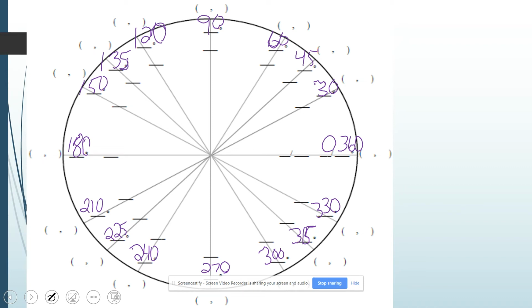On the inside are going to be our radian measures. We have 0, or 0 pi, pi over 6, pi over 4, pi over 3, pi over 2, 2 pi over 3, 3 pi over 4, 5 pi over 6, 1 pi,